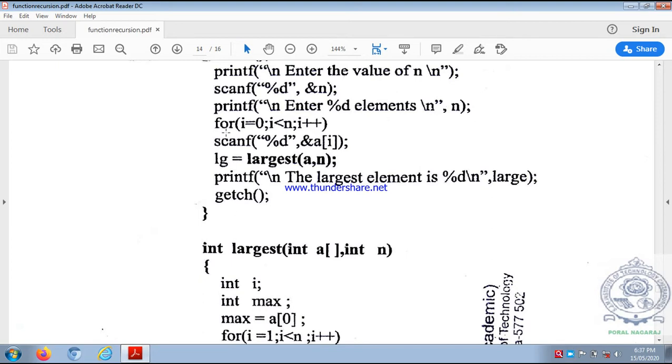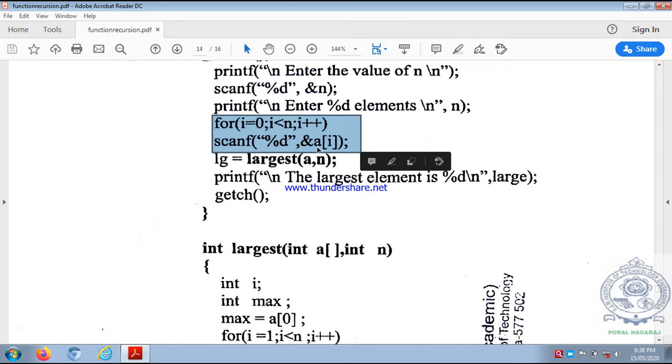So now we have to read array. You know that in order to read one dimensional array we use one for loop with scanf statement. So that's why for I assign a value 0, I is less than n, I plus plus, scanf percentage d, comma ampersand a of I. So this is the code which we have already discussed while discussing arrays, how to read one dimensional array. Same for loop with scanf ampersand a of I. So if value of n is equal to 5, inputs you have to give, they will be stored in array